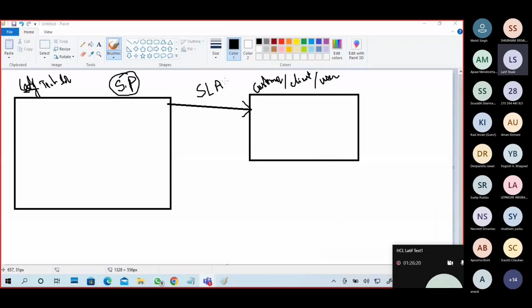Service level agreement. What is a service level agreement? I am providing this kind of services to the customer. If any issue occurs, it will be resolved in this particular period of time. Every regular interval of time we will do pre-checking before issues occur. Every 1 month we'll go for maintenance and verify any issues.